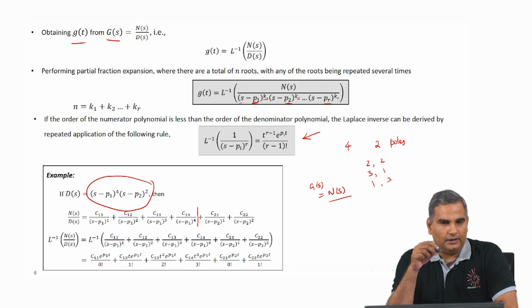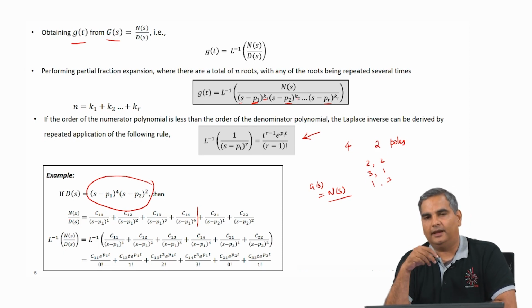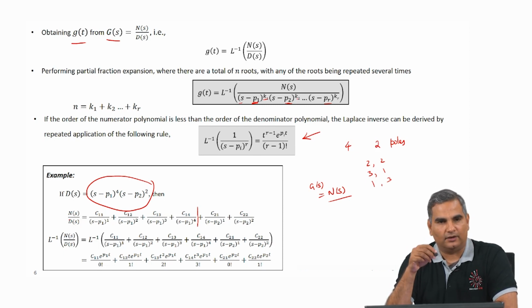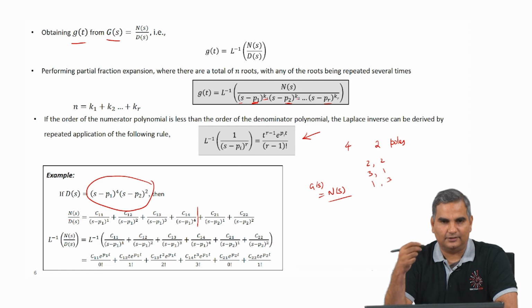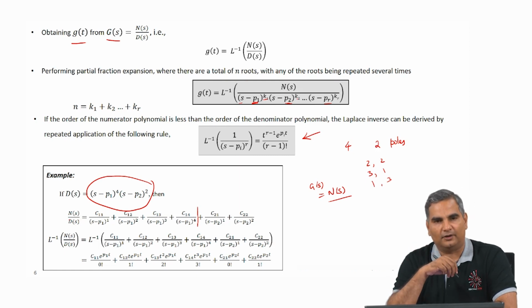So, let us follow the logic that we have been using till now. I said we can write any analysis of transfer function as y of s is g of s times I of s. G of s is a numerator by denominator polynomial, I of s is a numerator by denominator polynomial, and y of s is also a numerator by denominator polynomial.